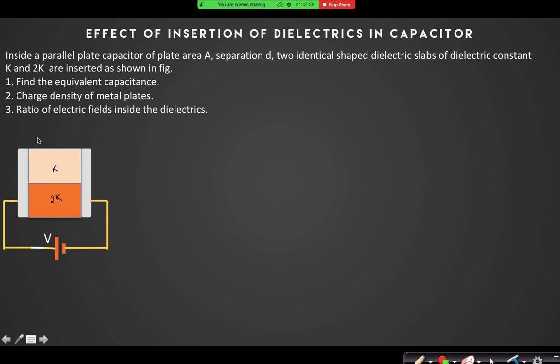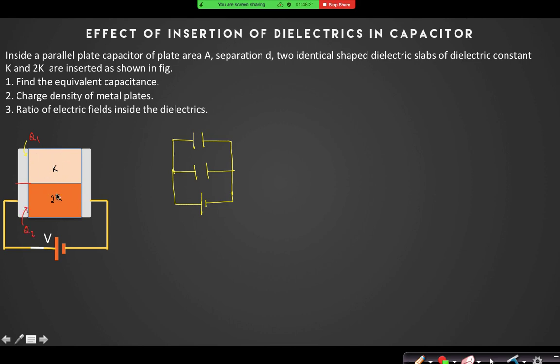Look here, you can find the equivalent capacitance. Again, if I say that there are two capacitors which are in parallel, can you see the equivalent circuit like this? Why have I taken these two different? Because look, if the charge at the upper section of this metal plate is Q1, the charge on the lower section of the metal plate will not be the same.